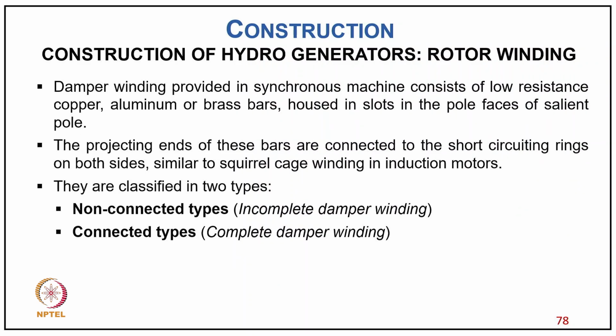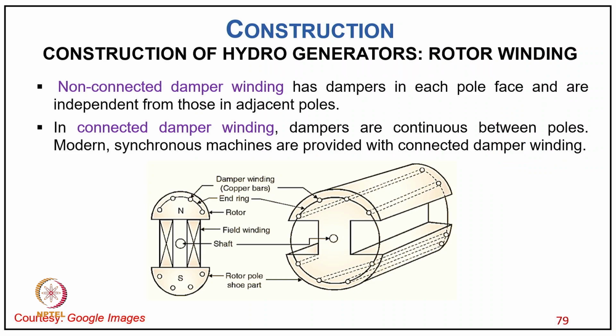The damper winding provided in a synchronous machine consists of low resistance copper, aluminum or brass bars housed in slots in the pole faces of the salient pole machine, and projecting ends of the bars are connected to short circuiting rings on both sides, similar to the squirrel cage winding in an induction motor. They are classified into two types: non-connected incomplete damper winding and connected complete damper winding. Non-connected damper windings have dampers in each pole face and are independent from each adjacent pole, as you can see on the left side. In connected damper winding, dampers are continuous between the poles,